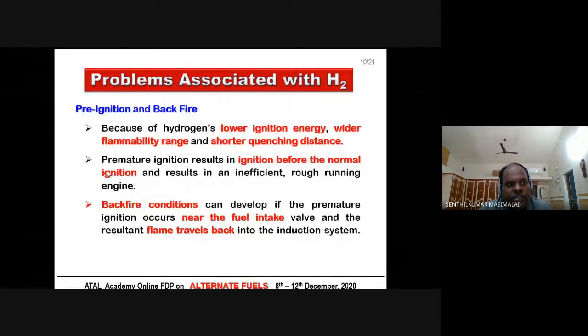In addition to fuel handling and safety, another problem is storage of hydrogen. I will discuss storage briefly in the last slide. So the problems associated with hydrogen